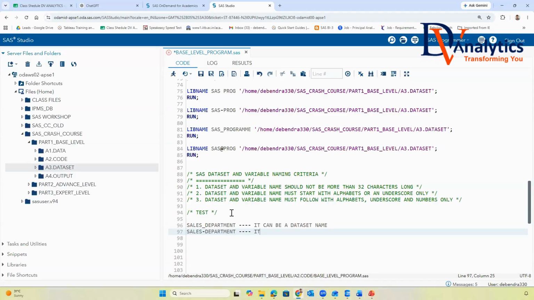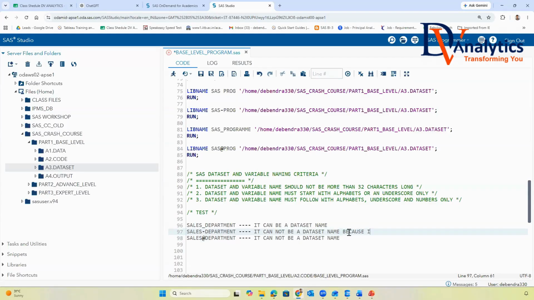No, sir, it cannot be a dataset name. Is this clear? Can I write sales at the rate department? No, sir, it cannot be a dataset name.